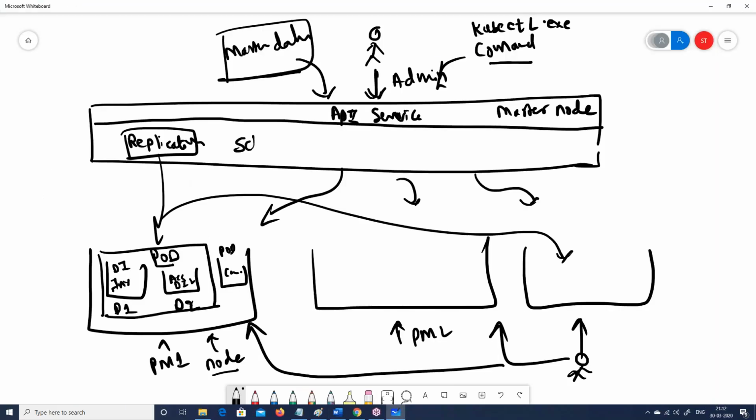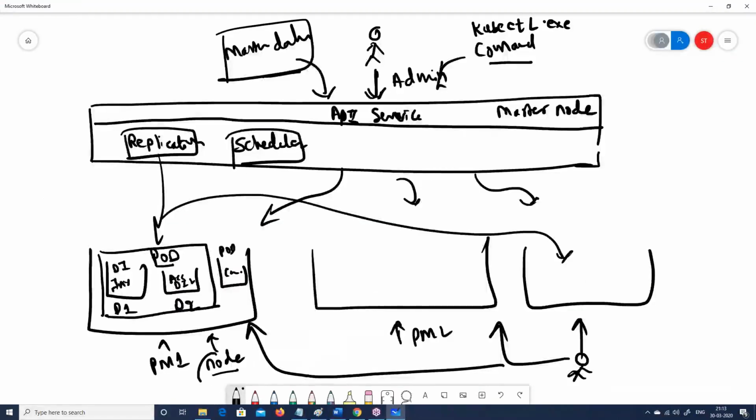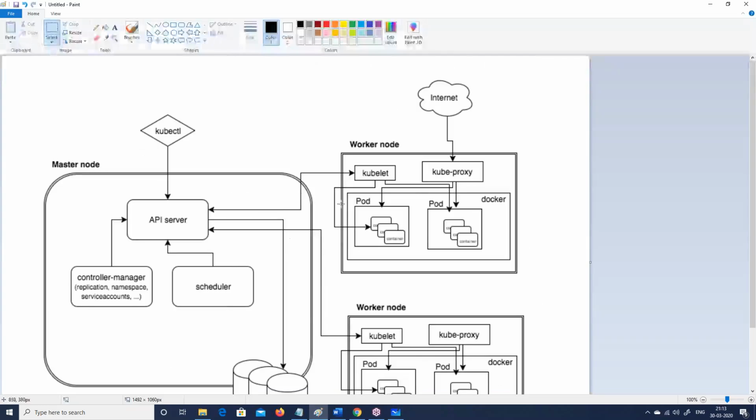There is something called a scheduler here as well. This scheduler goes and checks how all the nodes are, whether everything is working good or not. If something is overloaded, it will try to shift those pods into some other node which is not overloaded, and so on, right? So the scheduler is like a mechanism in the background which works and ensures that the health of the whole thing is proper. Every worker node, he has named it worker node. I'm just saying node. So this is a node. This is also a node, right? Every node will have one small thing out here called the kubelet.